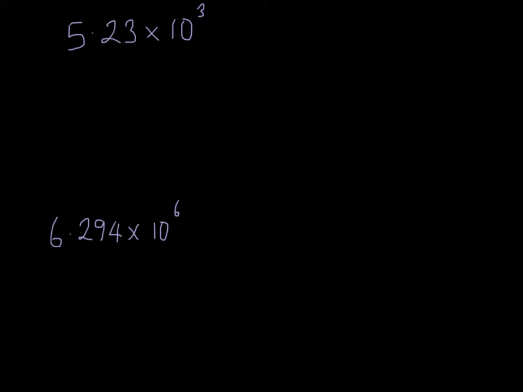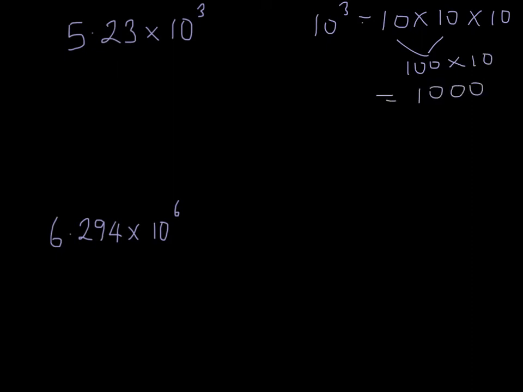The following numbers are expressed in scientific notation, but we want to know what the actual numbers are. So you can see that it has the two parts. It has a number between 1 and 10, so 5.23, and it's multiplied by 10 to the power of 3. 10 to the power of 3 essentially means 10 times 10 times 10, which you might know 10 times 10 is 100, times 10, which is equal to